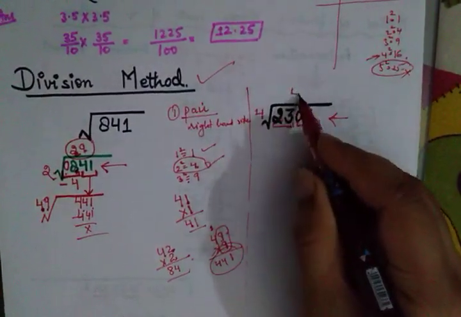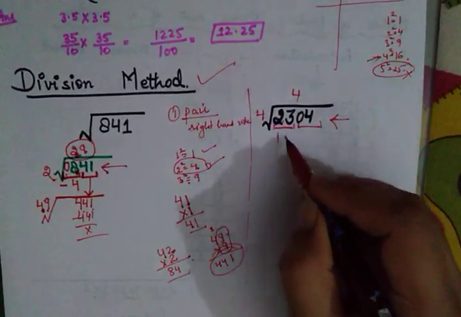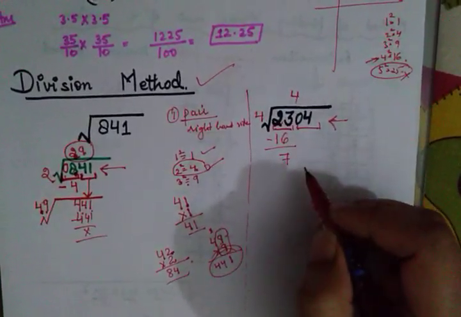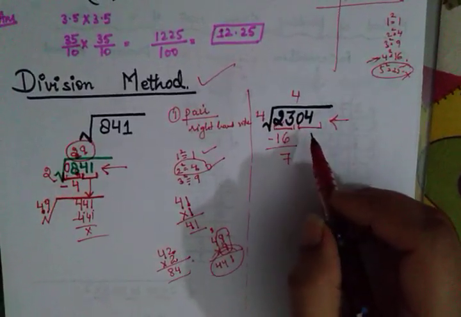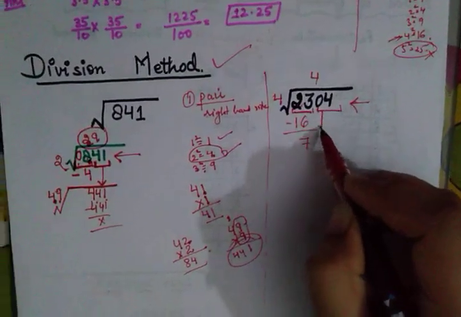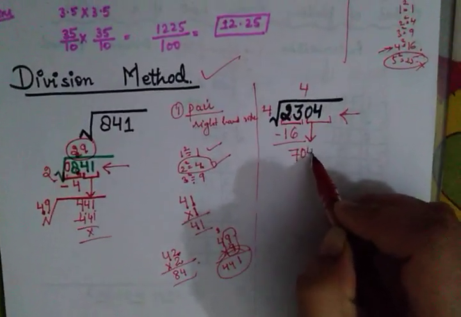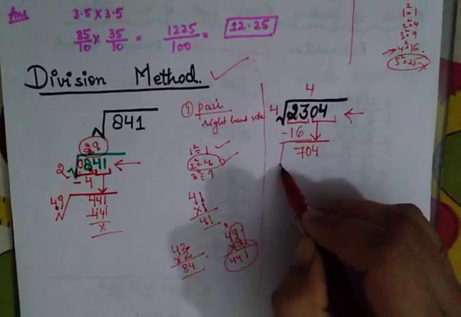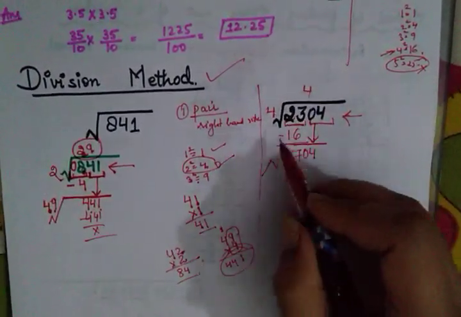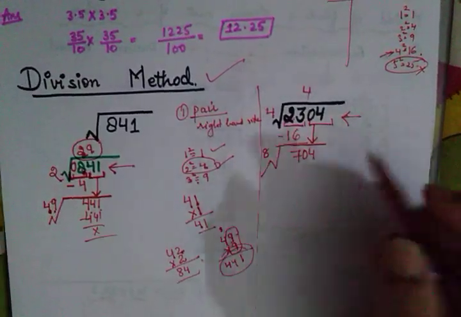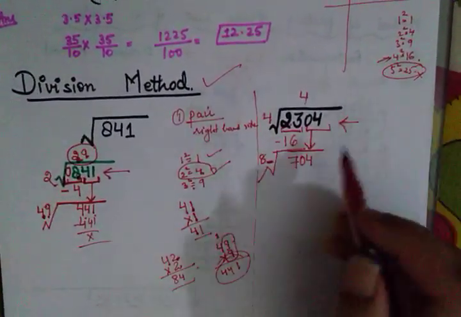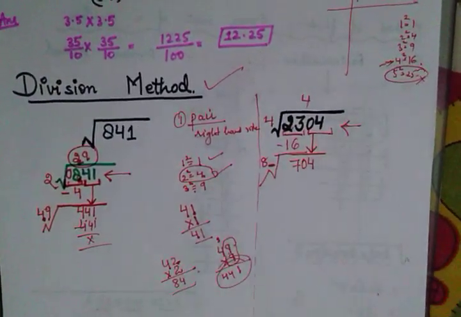4 here, 4 on the top. 4 into 4, 16. Subtract it. It will give you 7. Now, as usual, with the normal division, we bring only a single number down, but here the pair will come along. Make again this under root symbol over here. Do double of the number on the top. 4 double 8. Now select a number which will be written after 8, and so that when it is multiplied by itself, it should come nearest to 704.